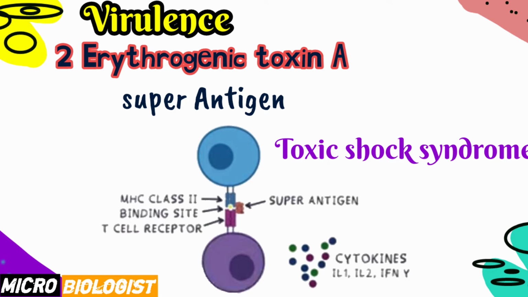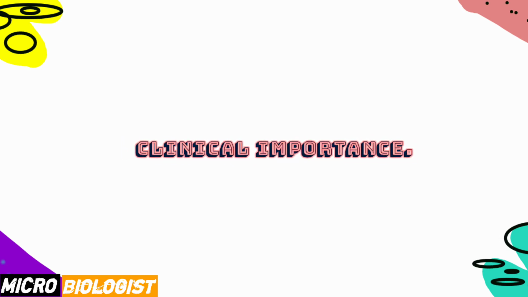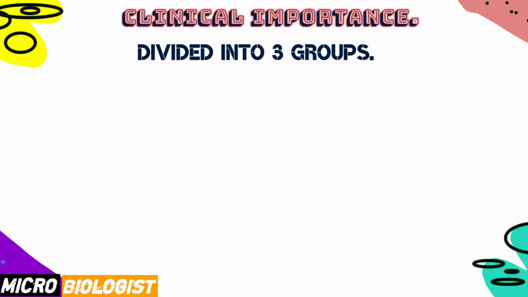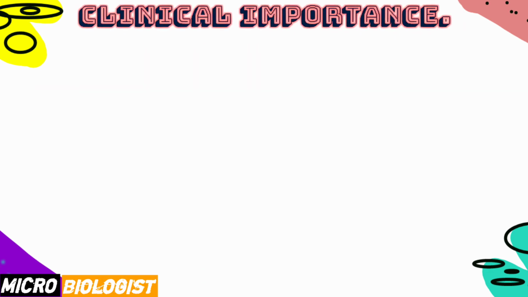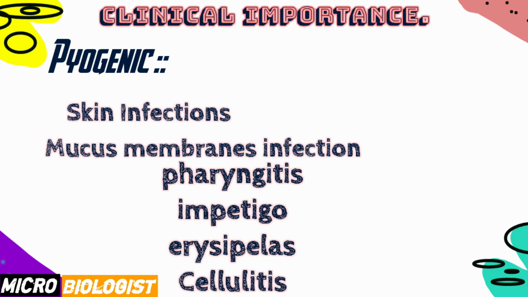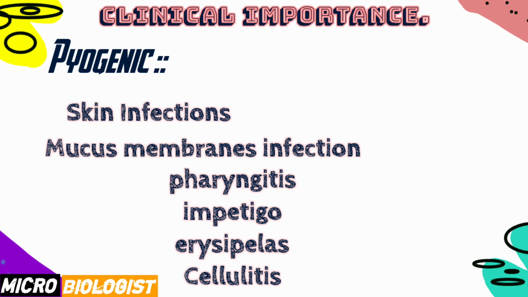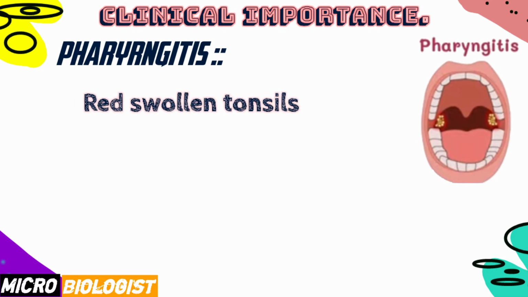Now, in regard to clinical importance of Streptococcus pyogenes, it can cause many diseases in the human body, so that's why we divide them into three groups, named pyogenic, immunogenic, and toxigenic. Pyogenic includes infections of skin and mucous membranes: pharyngitis, impetigo, erysipelas, cellulitis. Pharyngitis is self-explanatory. It includes red swollen tonsils with purulent exudates, fever,